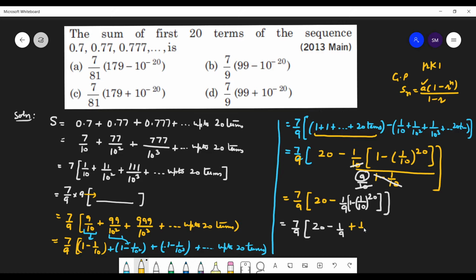So put this value of r here. What do you get? -1 less than 5 minus x upon 5 less than 1. So this is an inequality, students. Let's see how to solve it. Multiply this inequality with 5. What do you get? -5 less than 5 minus x less than 5.